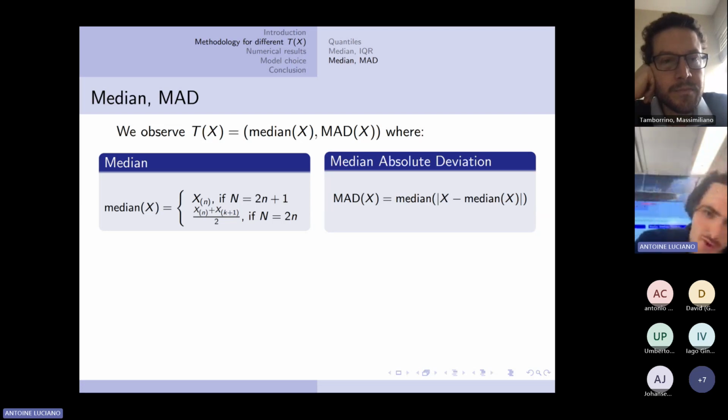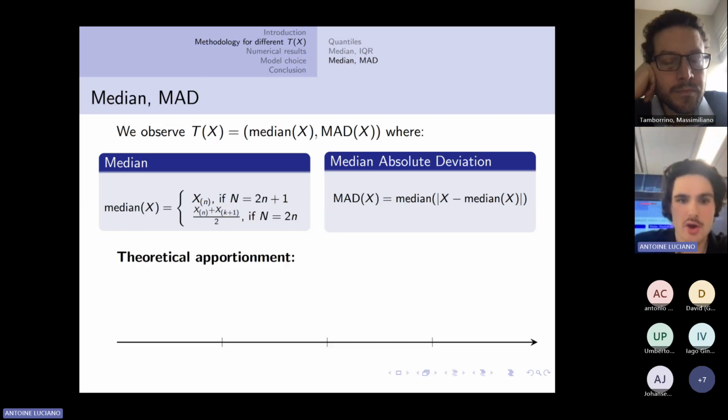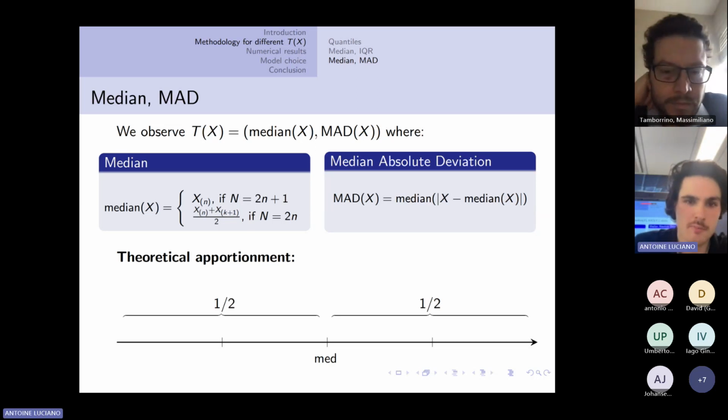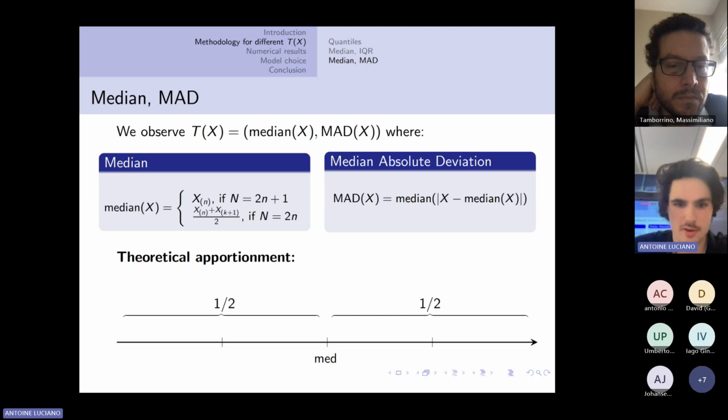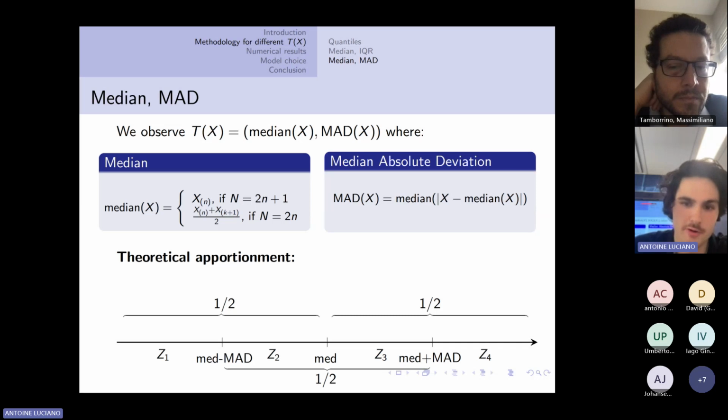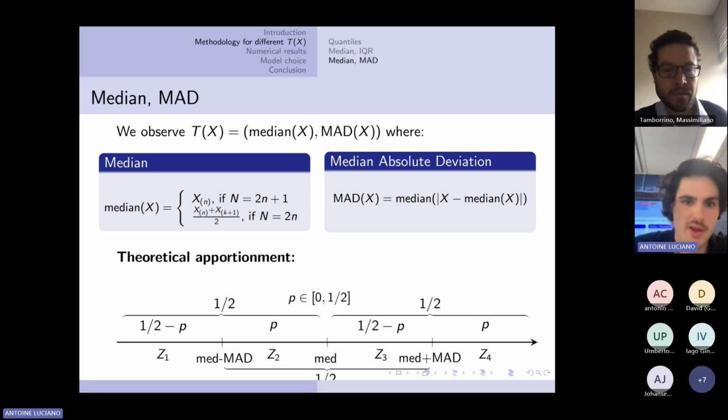So with those two observed statistics, what's the information that we get about our vectors? First, for the median, the constraint is that we want to have half the observations on both sides of the median. The MAD, so typically we want half our observations to have a lower distance to the median than the MAD. So we want to have half our observations in this interval. With those two constraints, we end up with that theoretical apportionment,